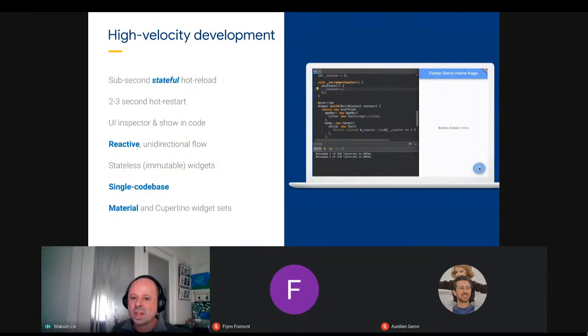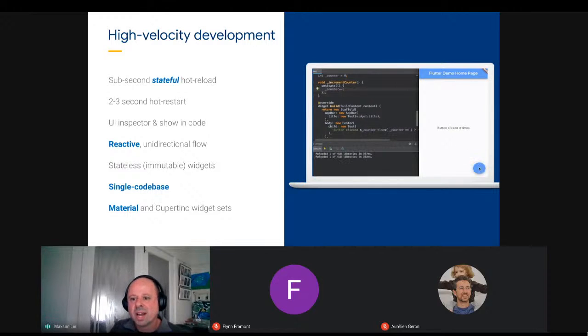Now that's a mouthful. What that actually means is that in a lot of scenarios, not all, but a lot, Flutter lets you, as this little animation is showing, have a running app. You can change code while that app is running, and Flutter will apply those changes to the running app without losing the state that the app is in.